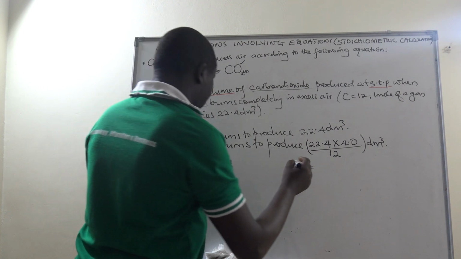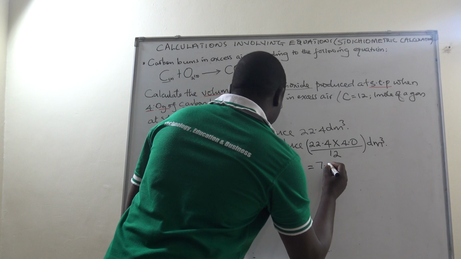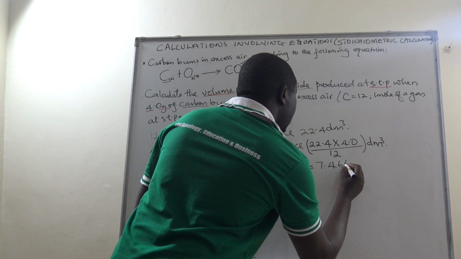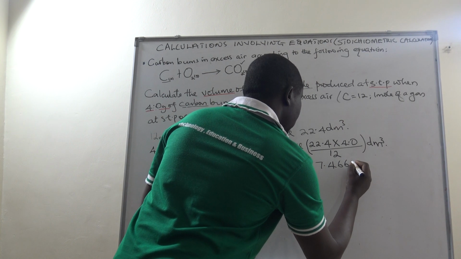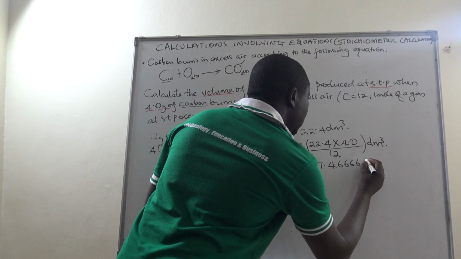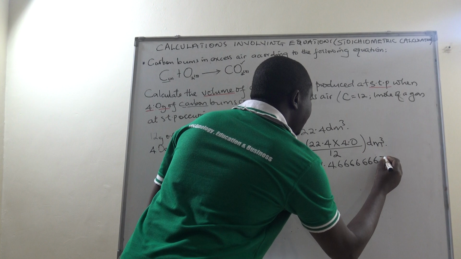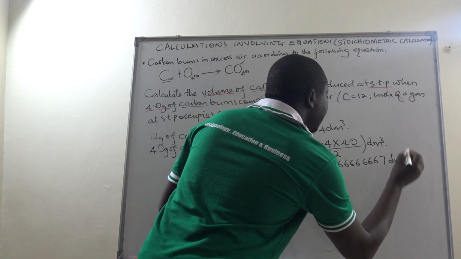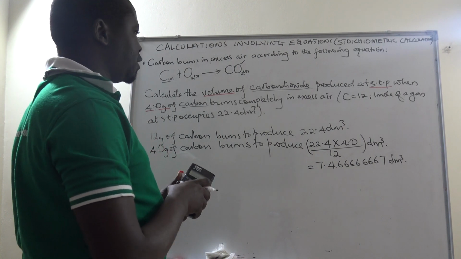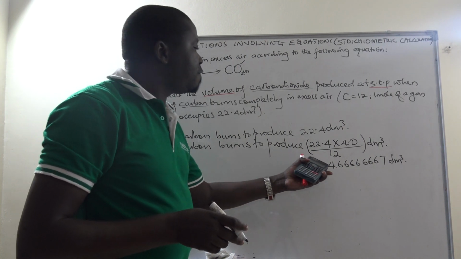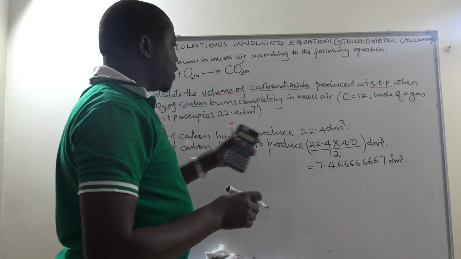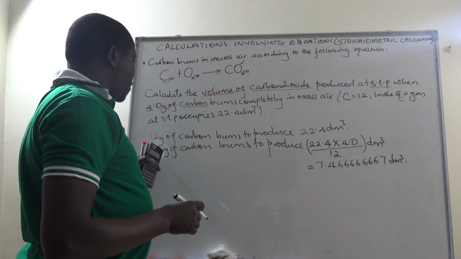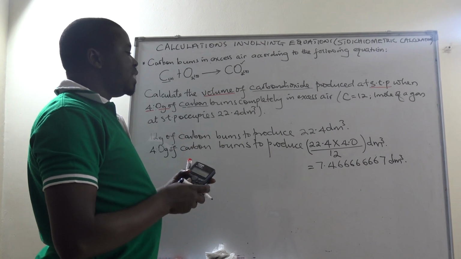Our answer is 7.466666667, and the unit remains the same on the same side of our work from first principle. So this is the volume of carbon dioxide gas produced when we burn 4 grams of carbon completely in excess